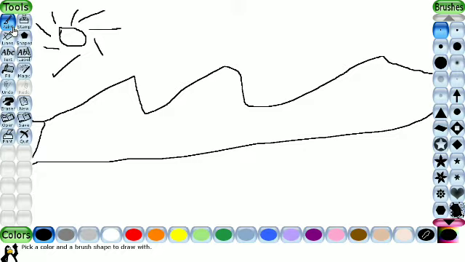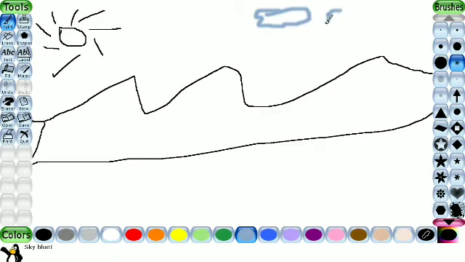Okay, then in the paint tool, here on the selection box you can see different types of brushes are there. And then here on the right hand side, third one, you can see a tool. This is haze brush tool. This tool is used to draw objects that are far away on the screen. I am using this tool and drawing some clouds. If you are drawing with this paint tool, that will be an out of focus picture. That means that looks like a far away object. So that is haze tool.